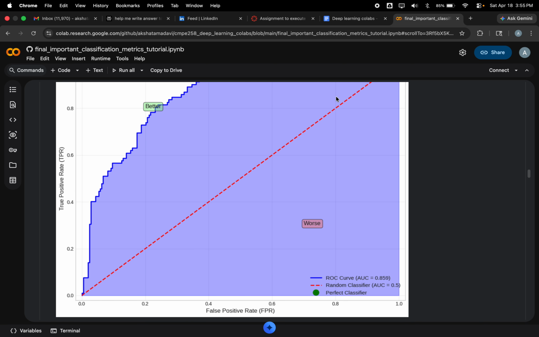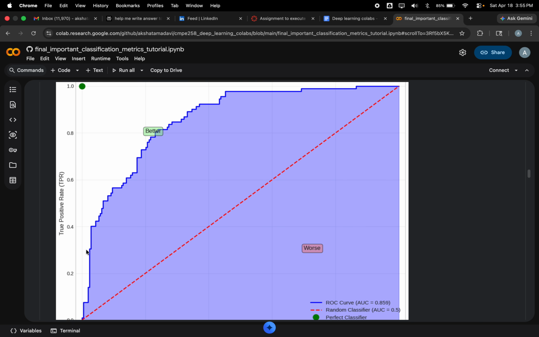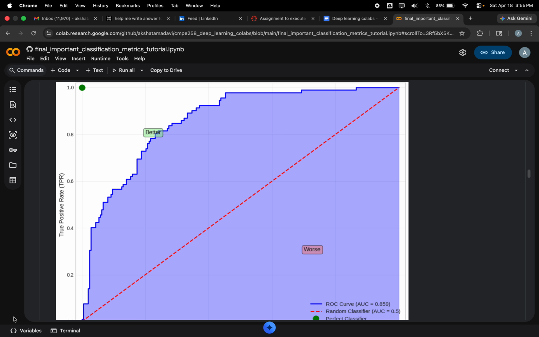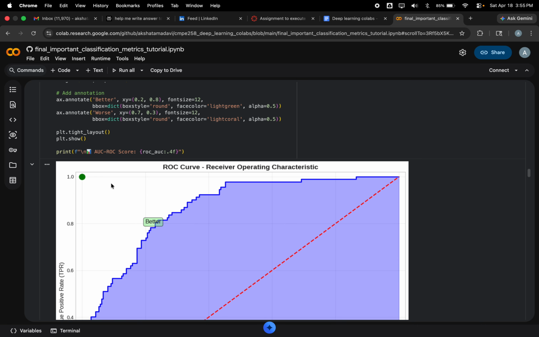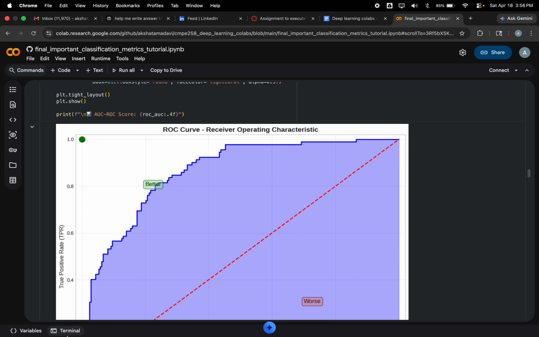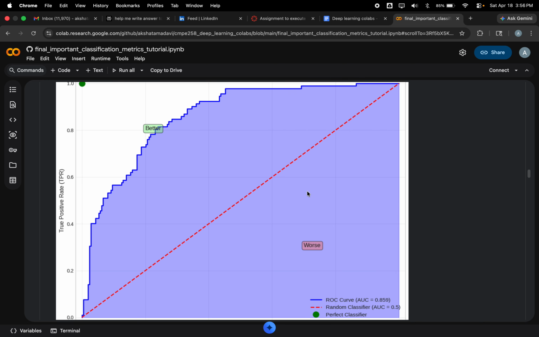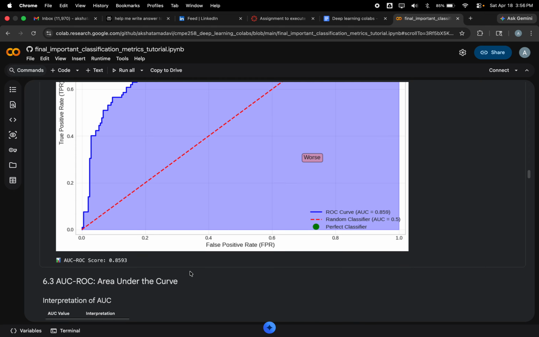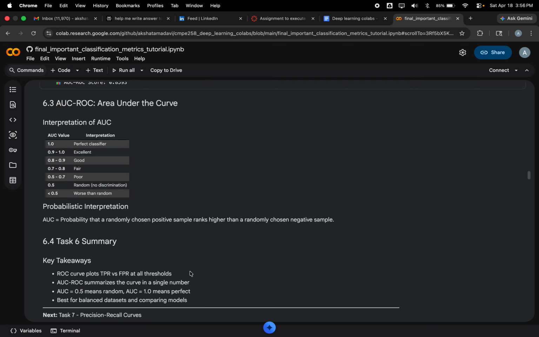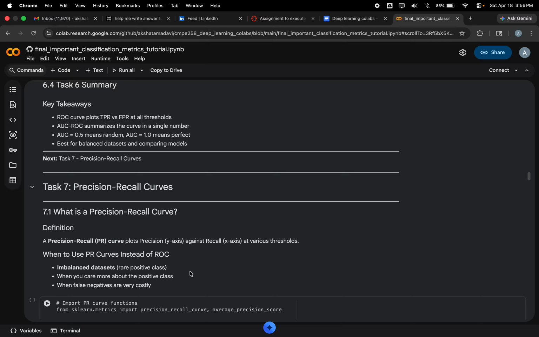This red line is the worst one. You don't want to go beyond this, but the more the curve looks like this, the better it is. Here, this one is the best case scenario. It's a perfect classifier. And area under the curve is when you want to compare multiple models, like